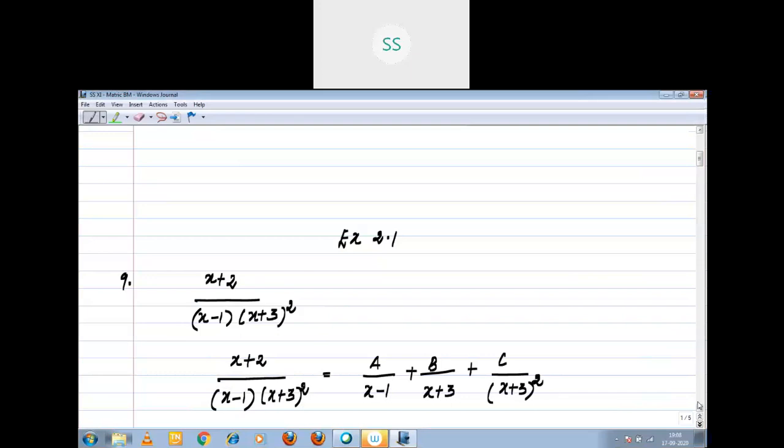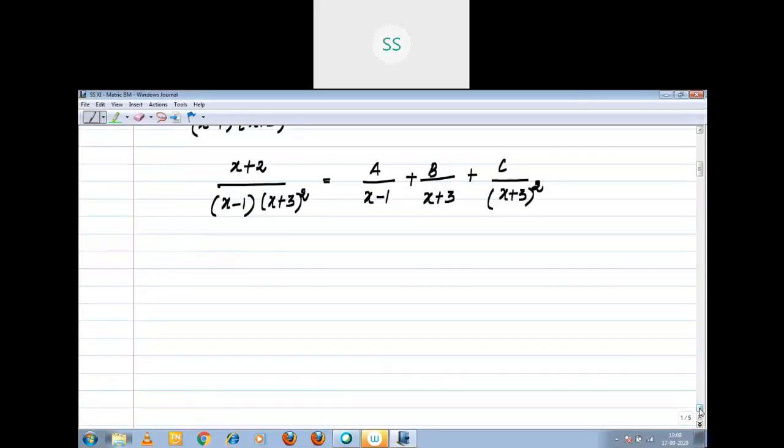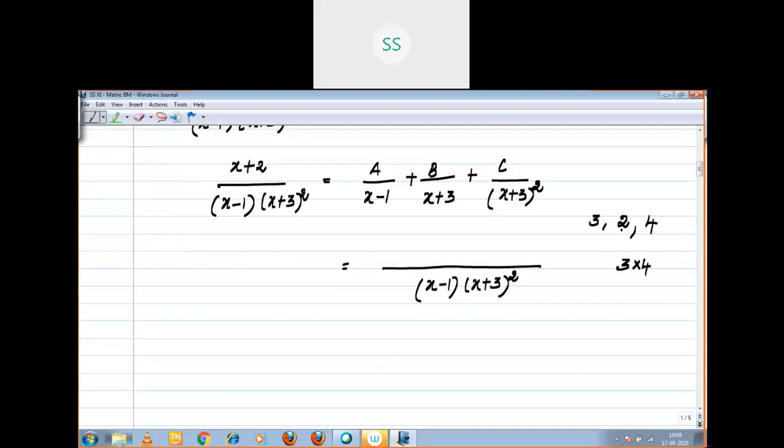Now, I am going to take LCM on the right side. What is the LCM? x minus 1 into x plus 3 the whole square. You may ask, Miss, why is x plus 3 not there? See, if the number comes like this, which is your LCM, you can consider 3 into 4. That means 2 exists here; the same way, x plus 3 is included here. When I tell you in the number format, it is easy to understand.